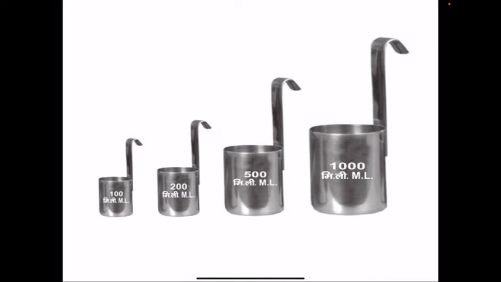Like you can see in this, I told you earlier also, just a while ago, that here the smallest container is of 100 ml. ml means milliliter. Here it is written in a different way, but you have to write the way I told you, small ml. Okay, children? Second container is of 200 milliliters. Third container is of 500 milliliters. And the biggest container is of 1000 milliliters. Is it clear, children? So these containers are generally used to measure milk.